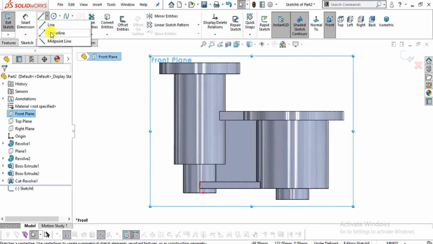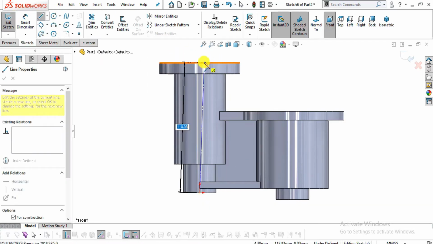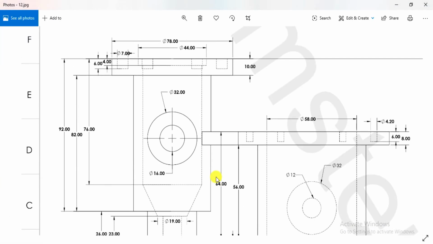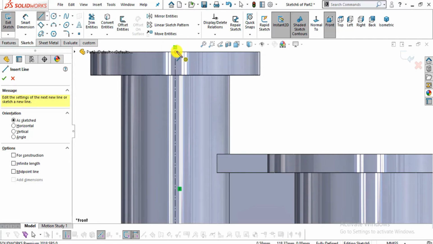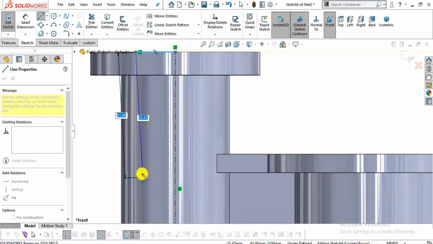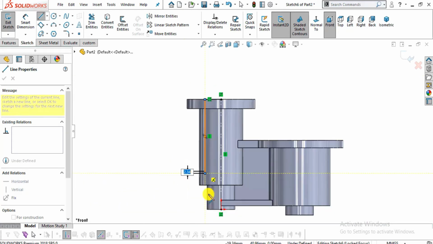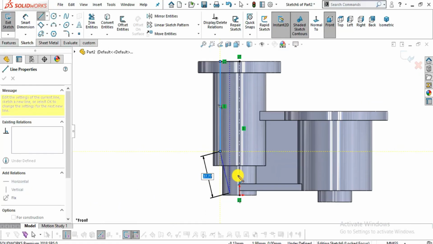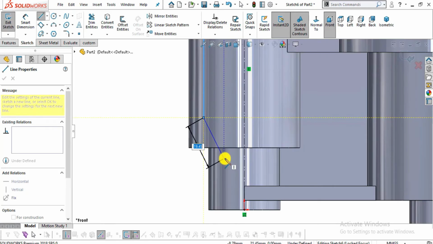Now select center line and create a center line in vertical direction. Now again select line command. Now snap this point, create a line up to here. Now an angular line or inclined line like this.